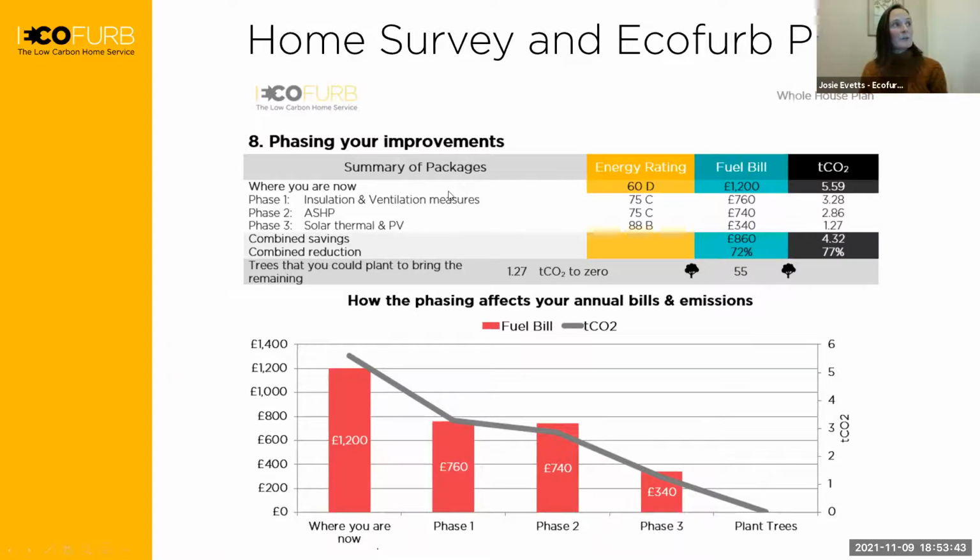You can see here that we phased this project after talking to the person who had this plan done. They weren't able to afford everything at once, or maybe you don't want to do everything at once because it's a disruption, so you want to phase it over time. So we would plan that out with you into phases, and it shows you how much you will